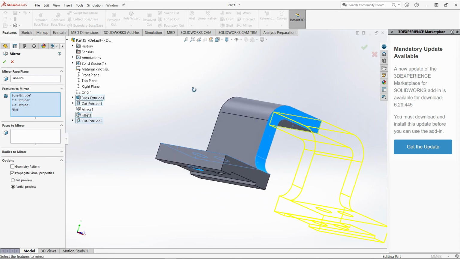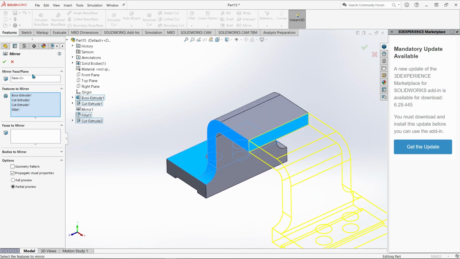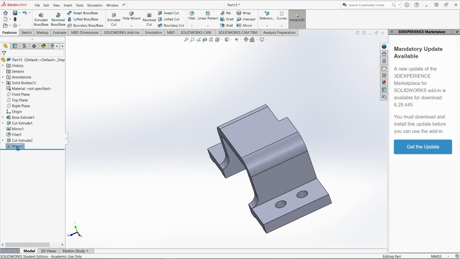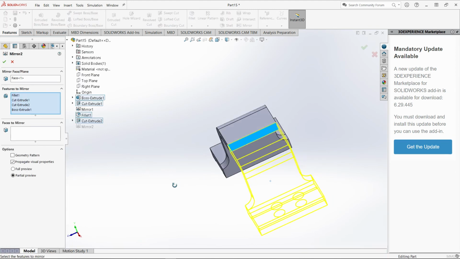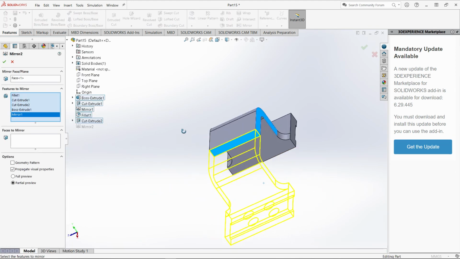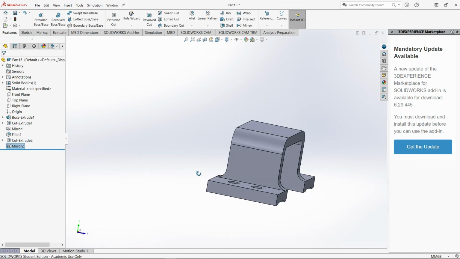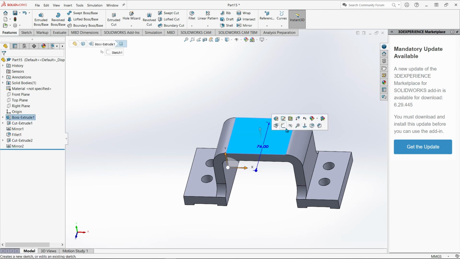Then what else is left? Let's see the preview. Okay, so we have missed out on the backside edge. We will just edit this feature and I will select this edge too. So we are completed. All that's left is this top portion wherein we need to